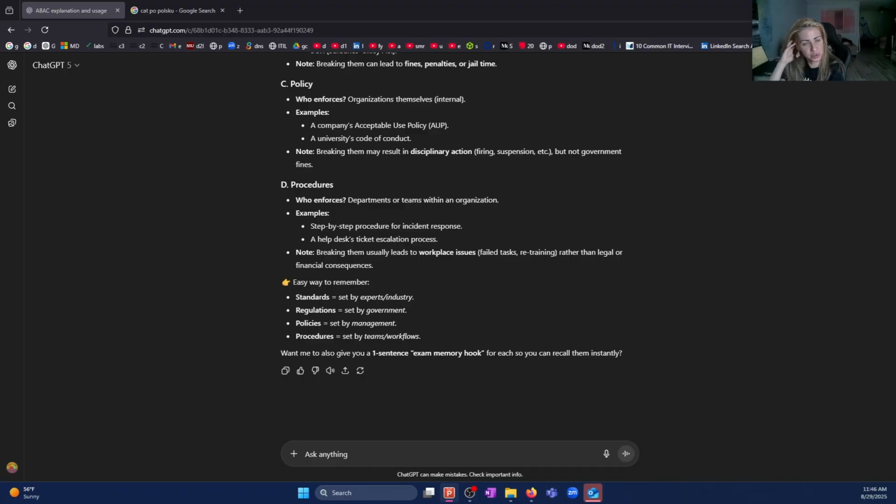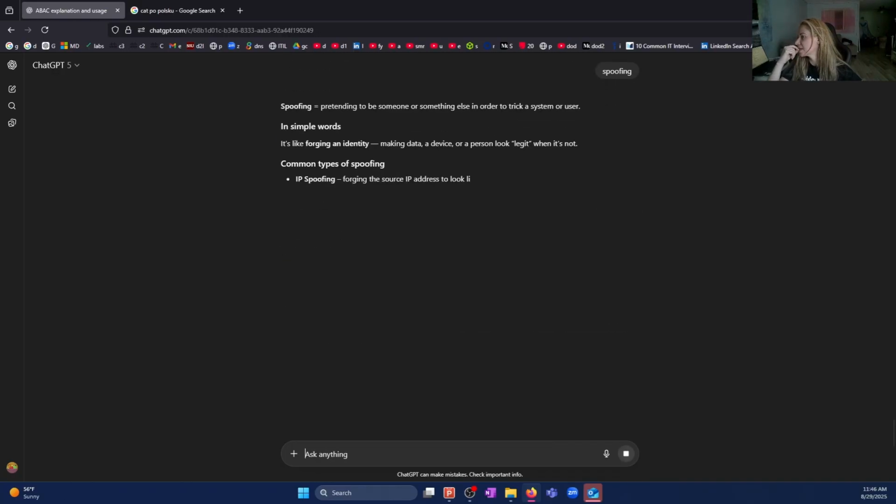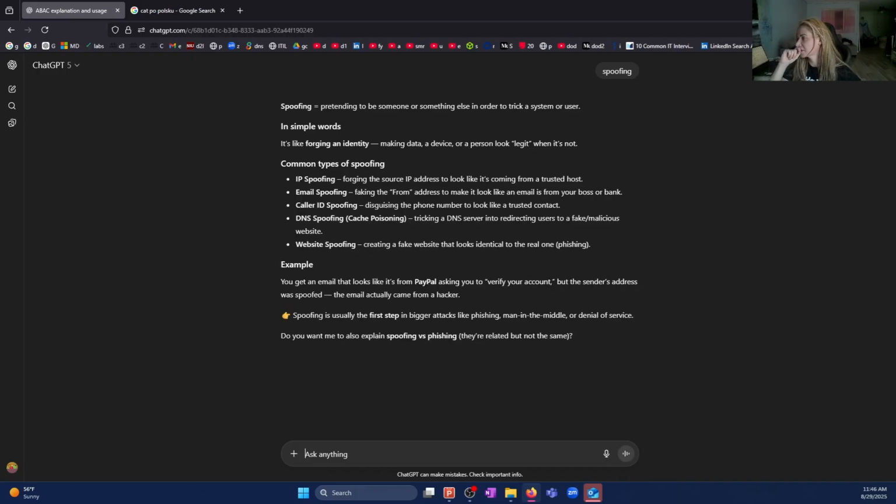An attacker places themselves between two devices, often a web browser and a web server. Phishing, spoofing, on-path. What is spoofing? Forging an identity, making data on the device. Phishing, I mean, he could do that as a man in the middle.